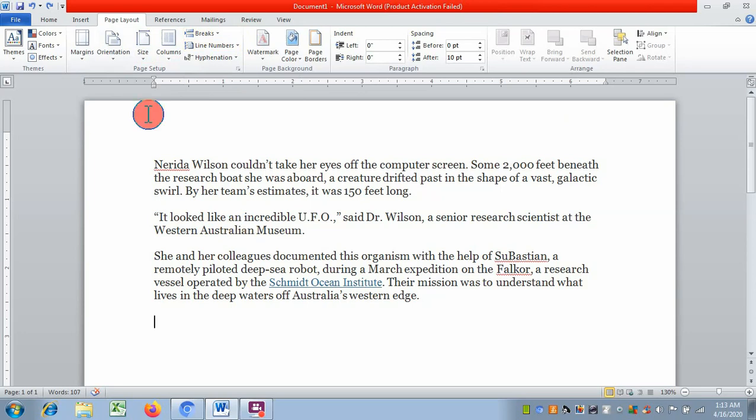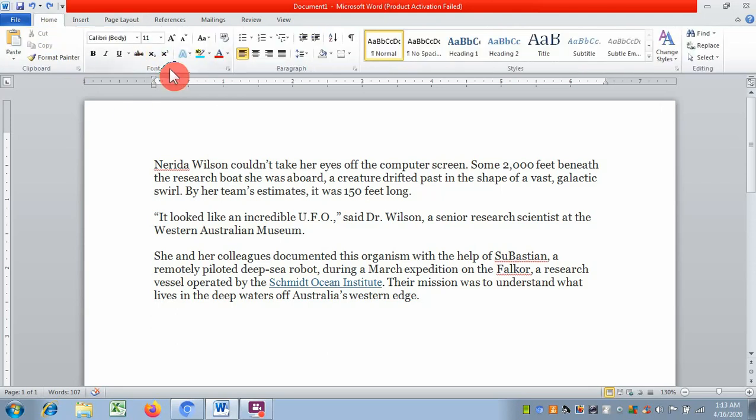It is already present in the home tab. You can see this section, the font section. It contains all types of character formatting, and you have used this character formatting many times. So whatever character or set of characters, that is the text material, you have to format, firstly it needs to be selected.